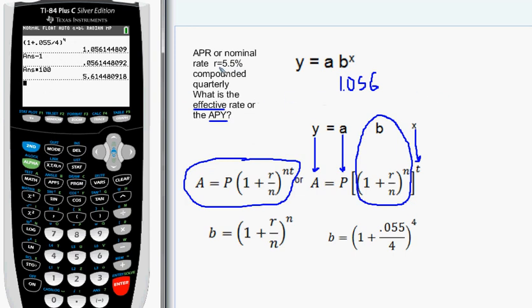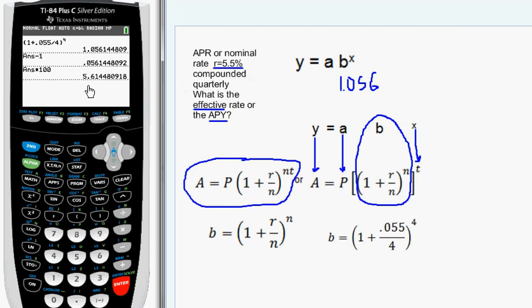So it turns out, even though my nominal rate was 5.5, your money is actually going to grow a little faster than that. I'm not sure I should explain in this video, because it's already getting lengthy, why that happens. Why is it that we should actually get more growth than 5.5%? Hopefully your instructor's gone over that part, or I'll make a video in the future. So my APR is 5.5%, but what actually happens, you can tell by that growth factor, is your money is actually going to grow 5.61%. I shouldn't have written it up there because that's called the APY, or the effective rate. So hopefully this video